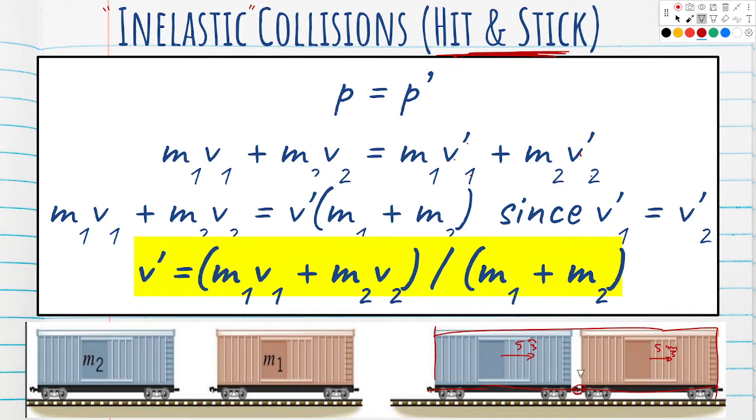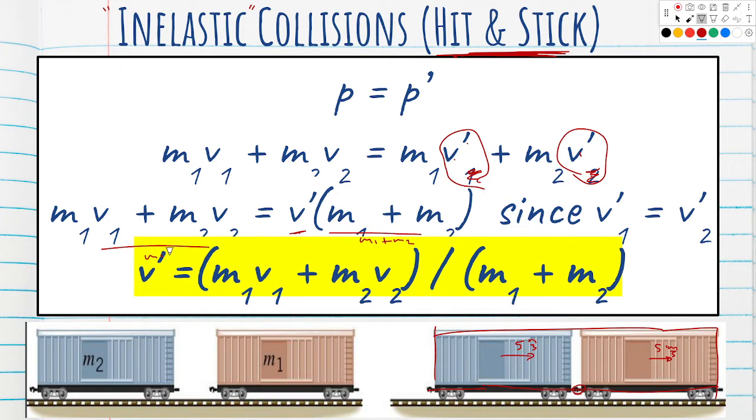Whatever the number is, I made up 5 meters per second, but you know what I'm saying? These two numbers have to be the same. So if we just call it v prime, just kind of forget about the 1 and the 2 for a second, then I could factor that out front, and then I could divide both sides by m1 plus m2, and